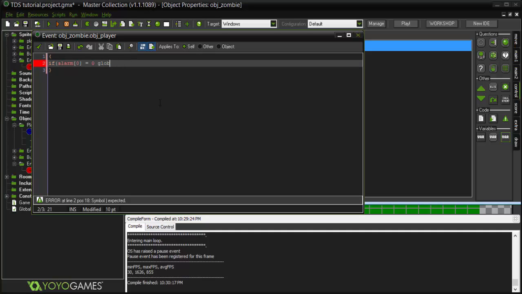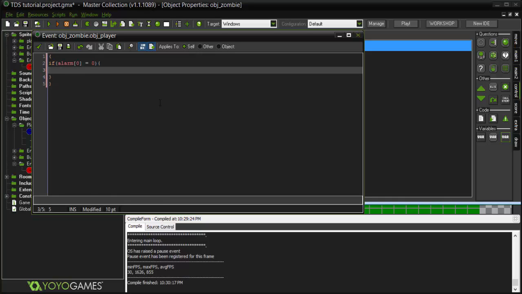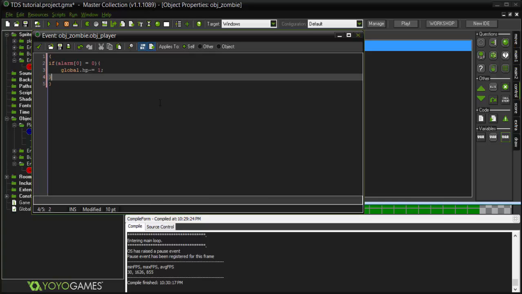oh, I'm doing this wrong. So I need to do these brackets, do this, bracket up, global.hp minus equals 1. So I haven't actually set a global.hp. I'm going to have to do that. I'm going to show you how to do that in a second. So that'll basically minus our HP by 1, and then we'll set,